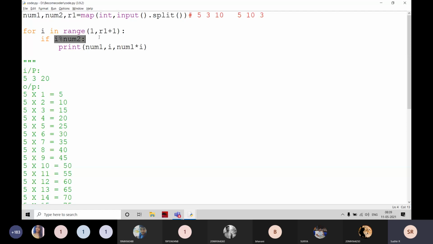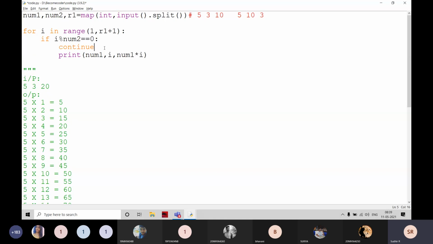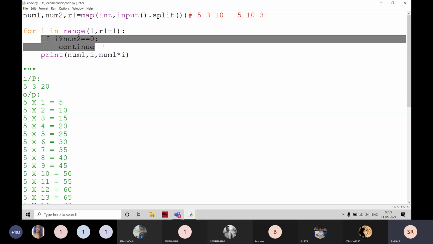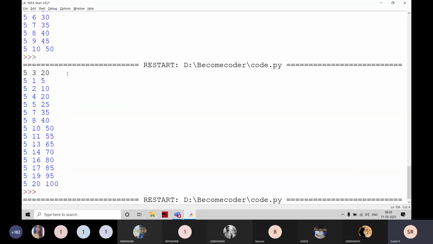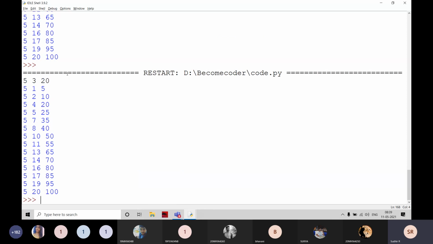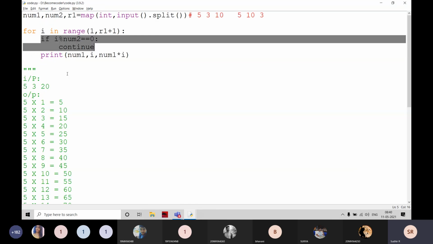If I write like this, I value which is not exactly divisible by num2. Always we are writing like this. For example, you are going to write like this. This is going to be continue. And we can write like this also: if the number is exactly divisible by num2, then I am going to click on continue. That means it is automatically updated. I can write this way also. For example, if the input is like this, here also there is no value of 3, 6 and like that. Yes, is it clear?